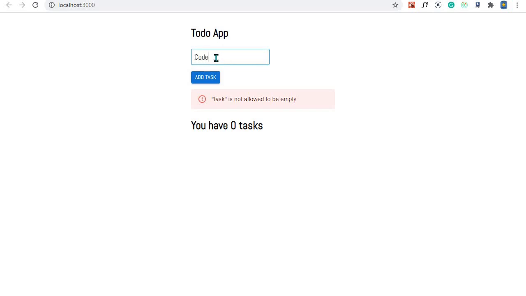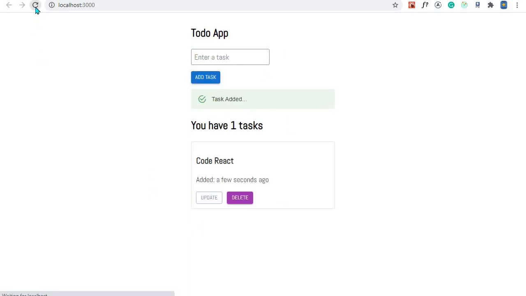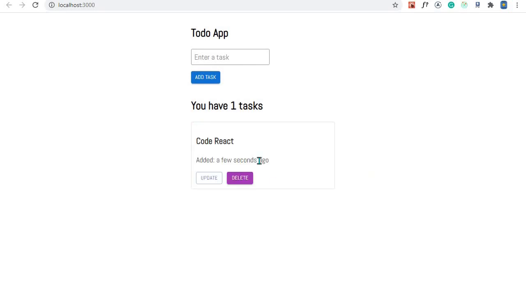So if I say, like, code React again and we add, it will add the task, and when I refresh, we should not lose the data, because the data is available on the MongoDB database, which is really cool. So yeah, this is it for this section, and I'll see you in the next section